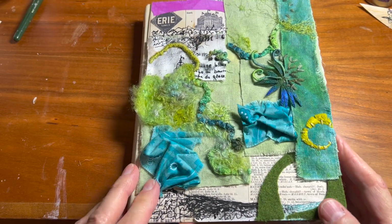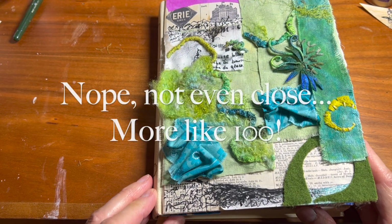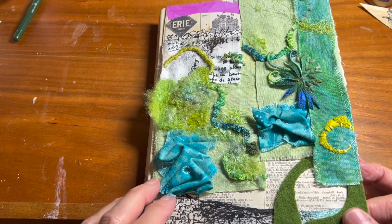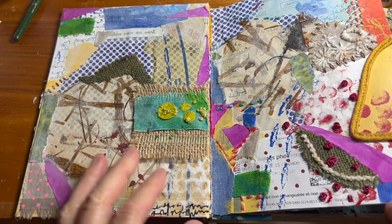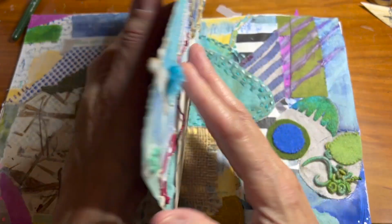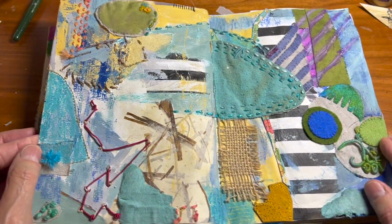This is what I've been working on. These are a whole bunch of journals. This is 1973. This was my first journal. I have about 20 of them, and I don't really want my kids to have to deal with these. There is a lot of teenage angst, all kinds of stuff. In any case, I started to play around with painting them and covering them with other stuff, collage. I've done some stitching. In here, I actually did some machine sewing. I stitched directly into the page so that on the other side you can see the stitching, which I kind of like. I then took the stitching and the lines and created another sort of